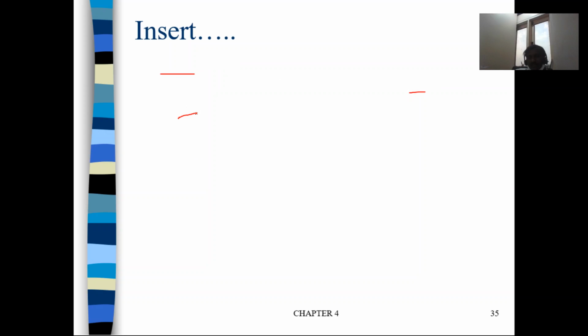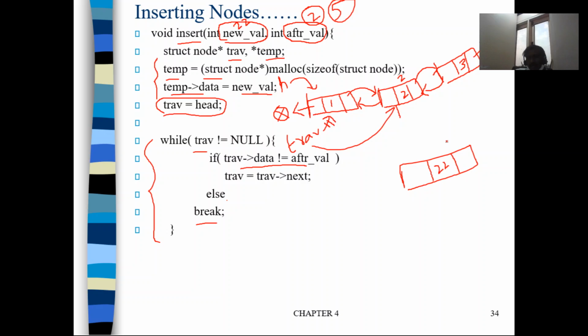Let us discuss that. Now this is the new node. This new node is referred using temp. So this is the core logic. How should we add this temp? Temp should come in between node 2 and 3. Node 2 is referred as traverse. So temp's next should point to node 3, which is nothing but traverse next. So temp arrow next is equal to traverse arrow next, because temp next should point to node 3.